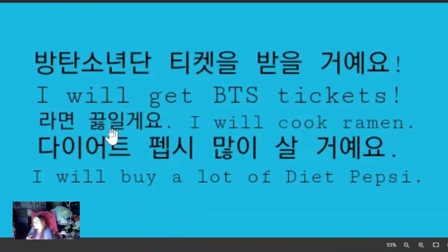Okay, now let's talk about future tense. Now, for this first example sentence, even native Korean speakers are going to say BTS. You know, I expect more from my students. We are going to use their real name. 방탄소년단, Bulletproof Boy Scouts. So, 방탄소년단, 티켓을 받을 거예요. I will get BTS tickets. Good luck. We got a couple of years before they come back, and those tickets, they're going to be like $1,000. Good luck. But anyway,